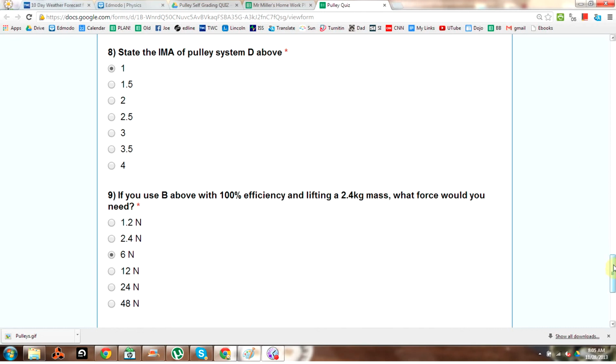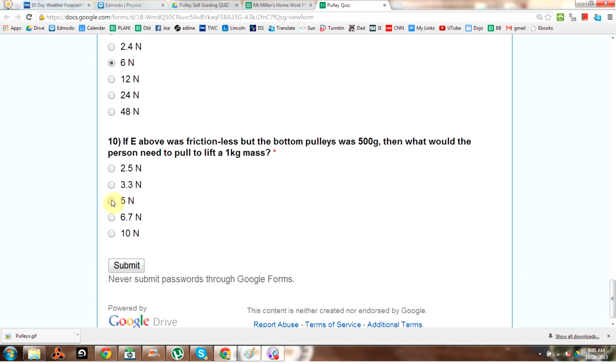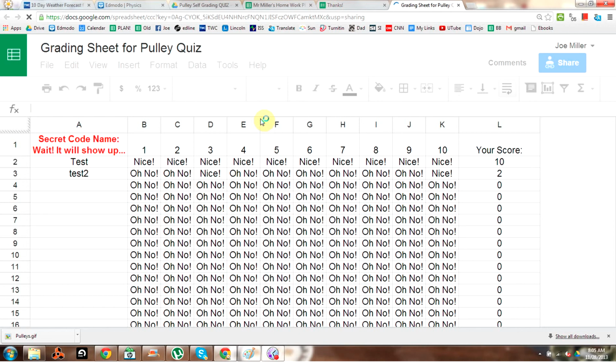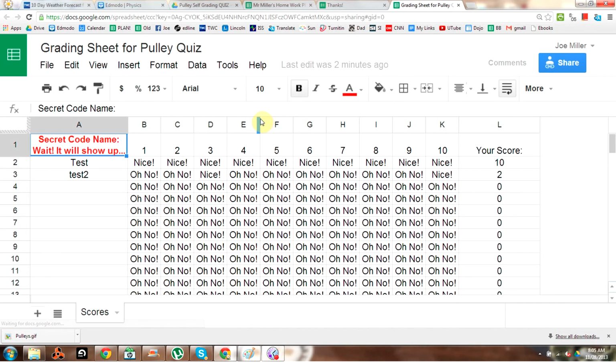Now, if this student wants to know how they did, then they just click Submit here. And here they have this link that they click, and now they're going to wait. You'll notice Bob isn't there yet, but if we wait a second, we can see Bob. While we're waiting for Google to talk to itself to get the score there, let me just say what this can be useful for. What I typically do is say, oh, you have to do it 3 times. There, Bob showed up. You have to do it 3 times, and then I can just check that they did